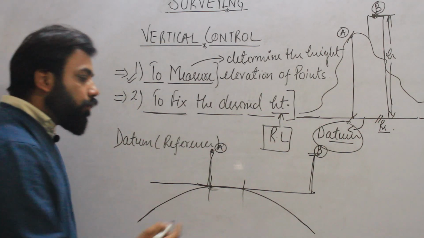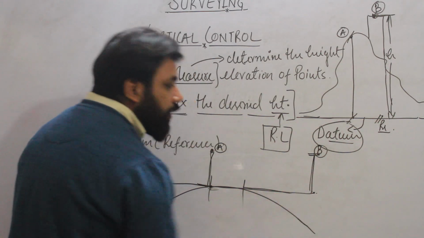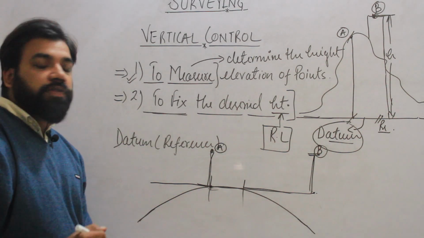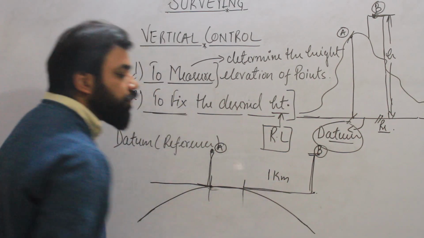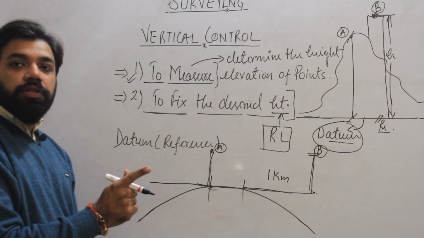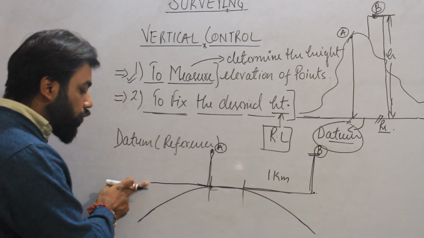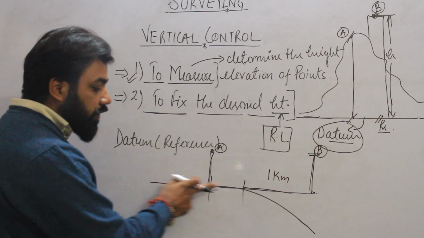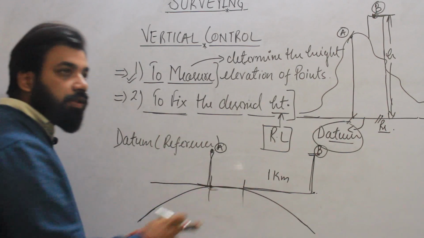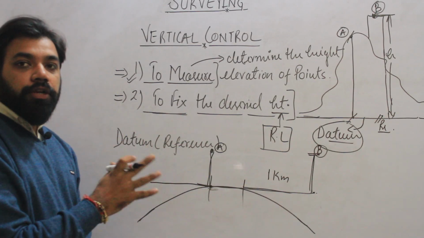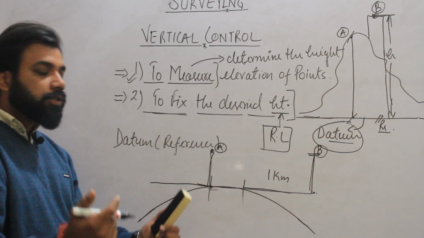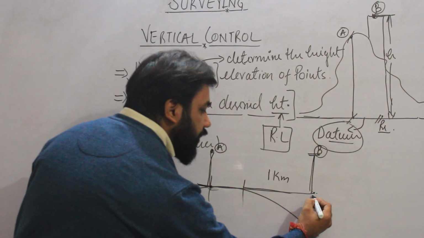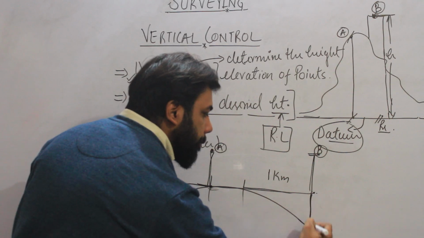What role? For every 1 kilometer, listen carefully, the tangent which is passing through the curvature of earth starts deviating toward the earth. Now how much does it deviate? Let's see, it deviates by